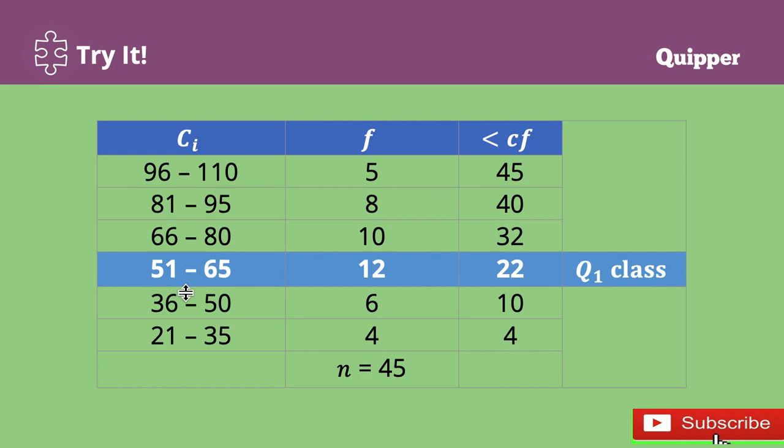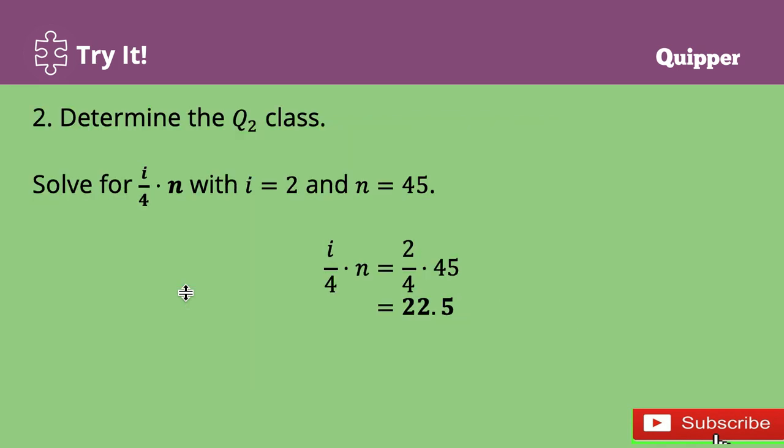Next, we are going to find the Q sub 2 class. Now, to find the Q sub 2 class, we are going to solve for i over 4 times n. Our i is 2, of course, since we are looking for the second quartile. And still, our n, or the total frequency, is equal to 45. And that is 2 over 4 times 45. 2 over 4 is just equal to 1/2. So, 1/2 of 45 is